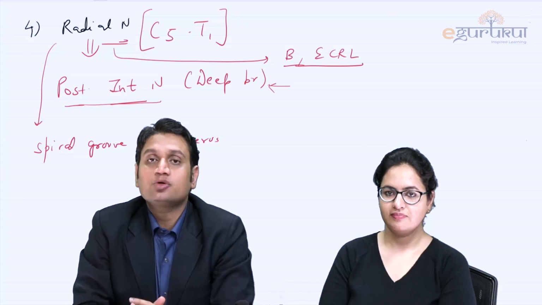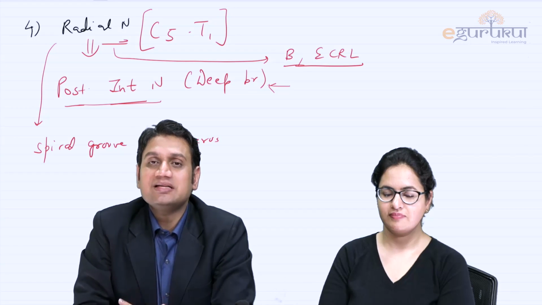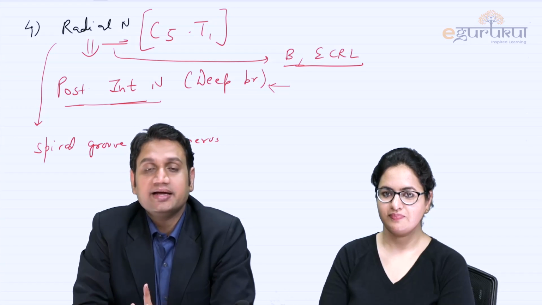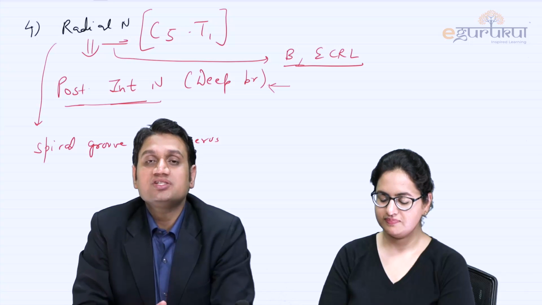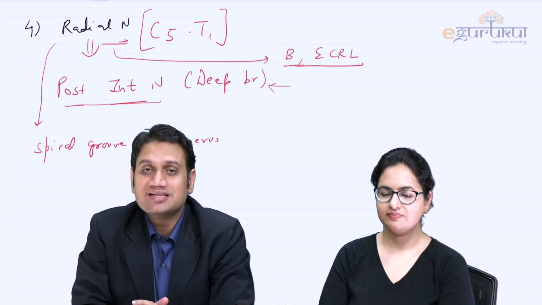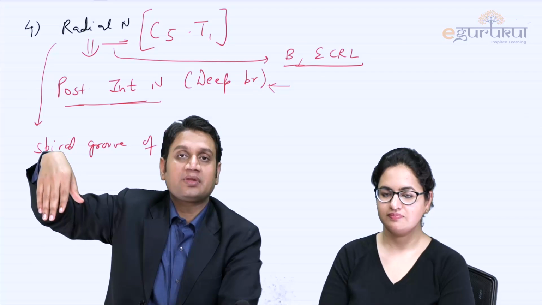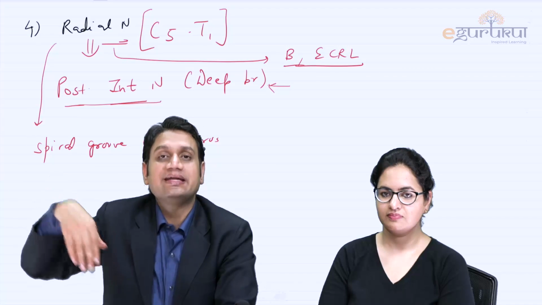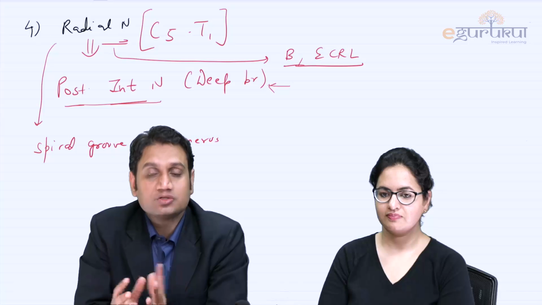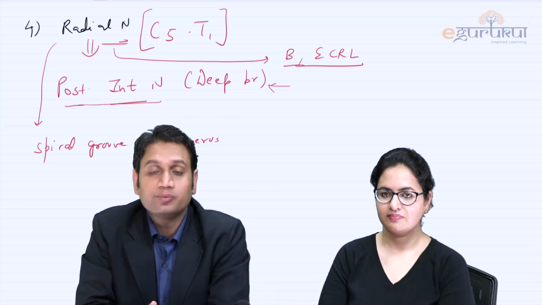Clinically, how are questions related to it? They simply say a patient has an injury in the arm region and post injury is unable to extend his wrist. What does that mean? When he is unable to extend his wrist, it is wrist drop, right? So wrist drop is because of what? The radial nerve. What is the site which commonly involves the radial nerve? It is the shaft of the humerus.